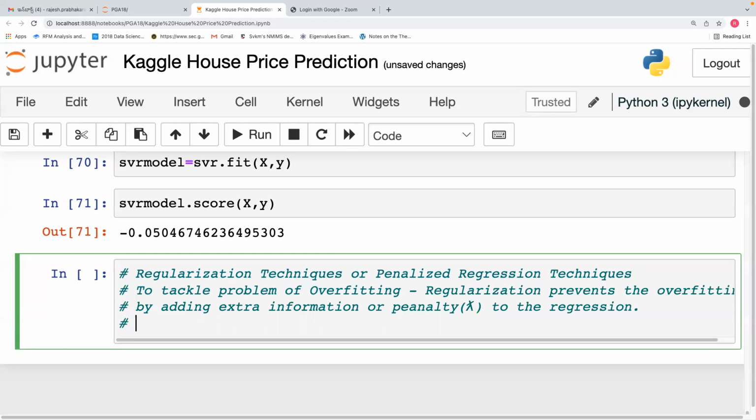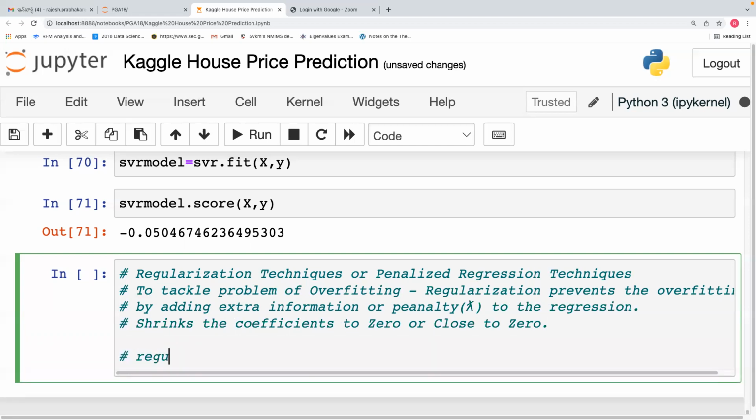So basically, it shrinks the coefficients to 0 or close to 0. Okay. Now, regularization